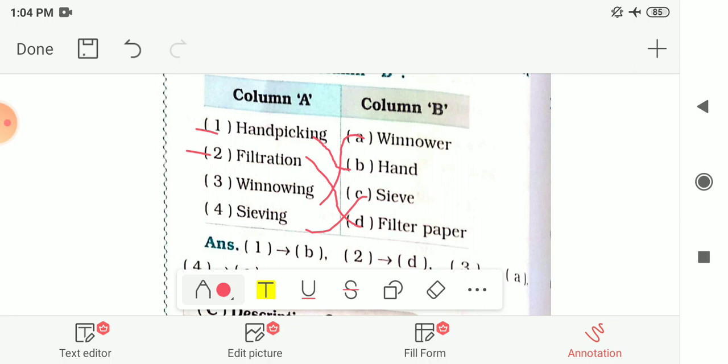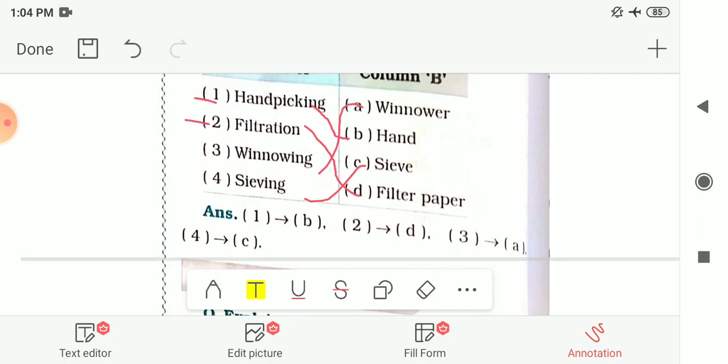So these are the answers for your matching. Here also it is given to you. So here our chapter number 5 gets over. You have to write this question number 8 and question number 9 in your homework. In the next video, we will start our next chapter. Thank you.